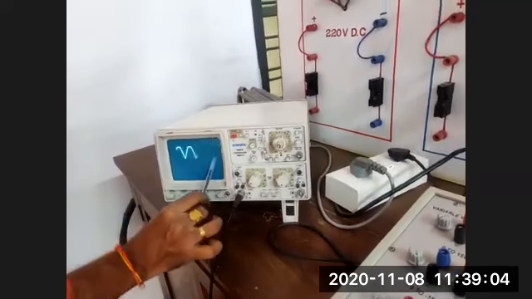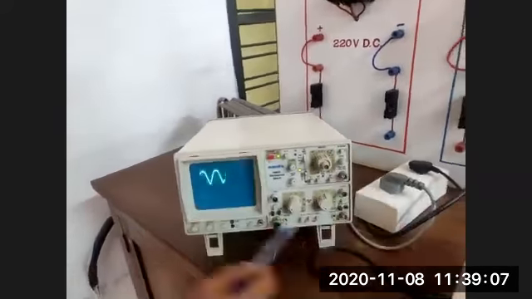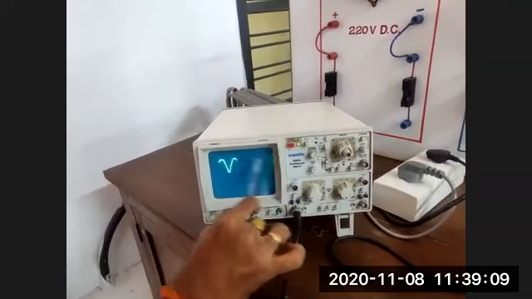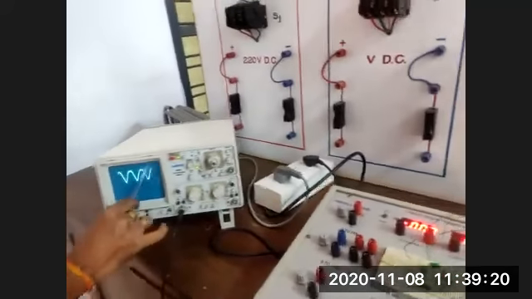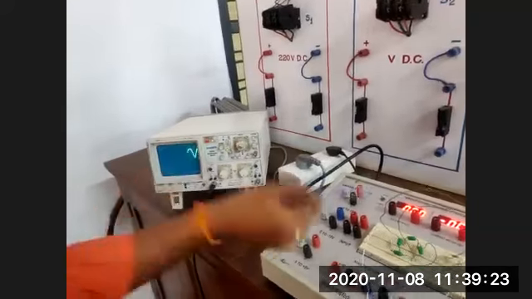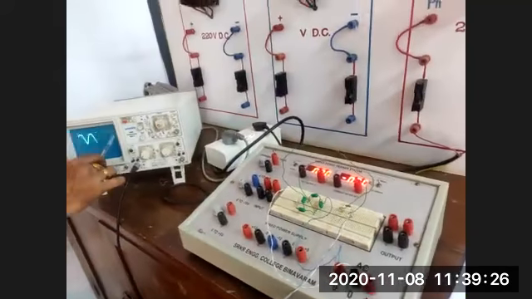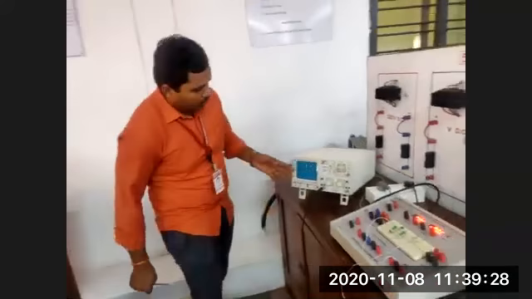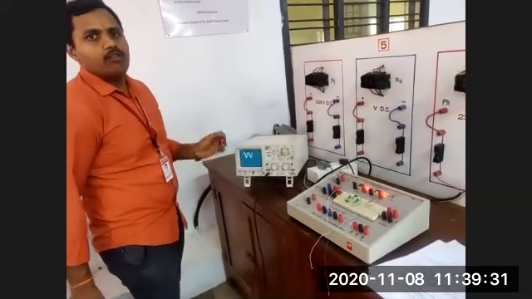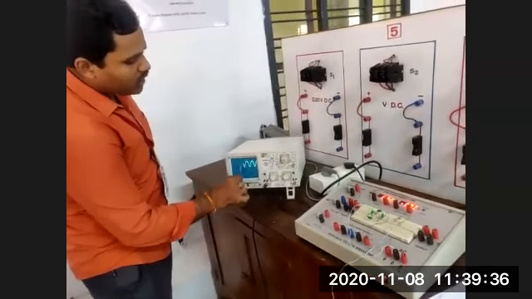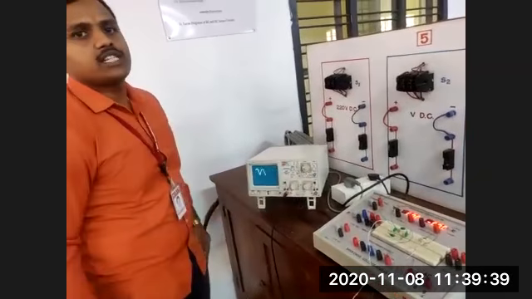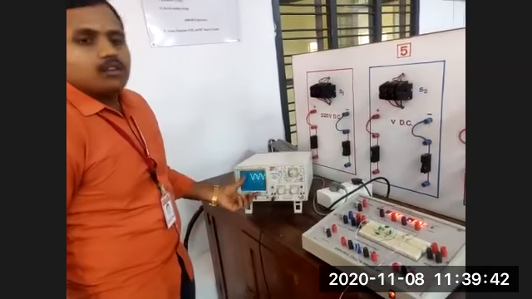Your complete cycle of the AC wave will be reflected in the pulsating DC wave, a unidirectional wave. That means positive half cycles will be present for both the positive and negative half cycles of the input wave. The negative half cycle of the input is also converted to positive in the full wave rectifier. That's why a unidirectional waveform is continuously present in the output, and that's why it is called a full wave rectifier. The total input AC wave is converted into pulsating, unidirectional DC.